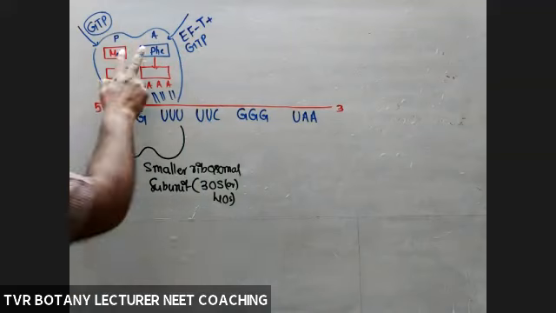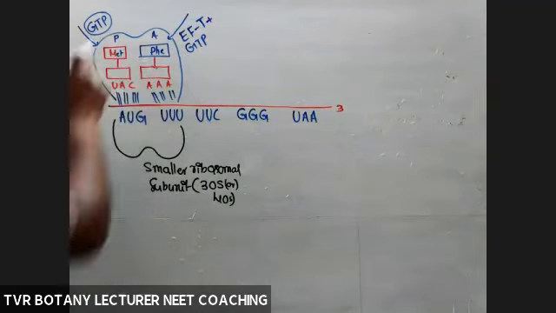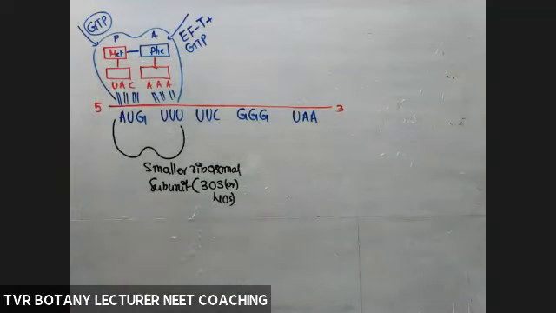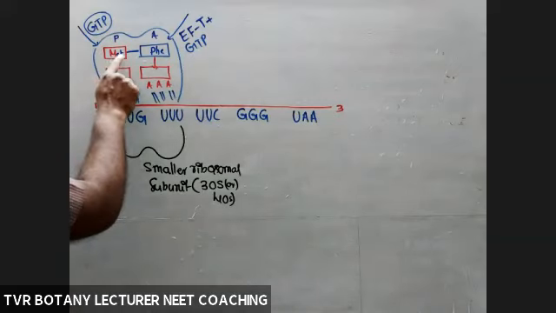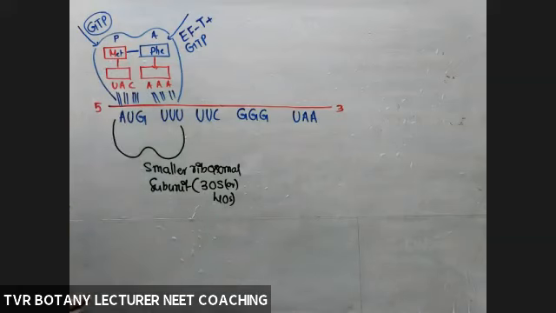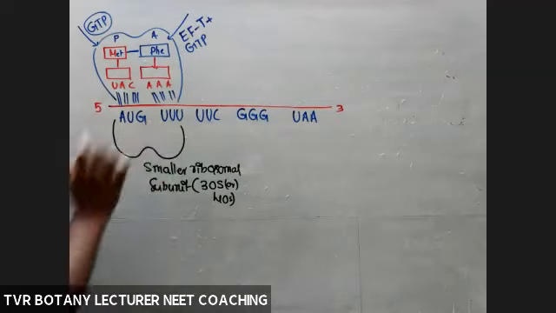So once 2 amino acids are side by side, very near to each other within the A and P sites, now a peptide bond is established between the concerned amino acids. So it is a dipeptide. Dipeptide means amino acids 1, 2. How many amino acids are there? 2. So here peptide nomenclature depends on the number of amino acids. How many amino acids? 2. Dipeptide. So decoding of 2 codons is completed.